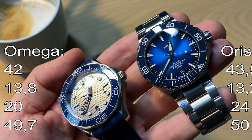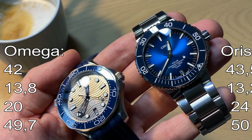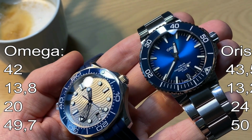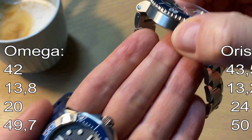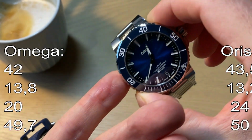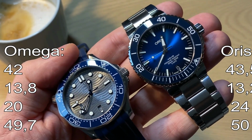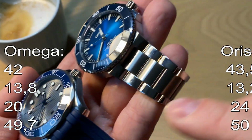Going over to the Oris, you get 43.1. They actually state that it's 43.5, but I get a little less than that with my caliper. But actually, that's if you measure the bezel insert. If you only measure the case, you get 42 millimeters. Then you get 13.2 millimeters in thickness, 24 millimeter lug width, and that's kind of hard to measure because one